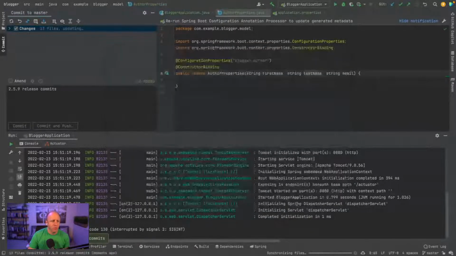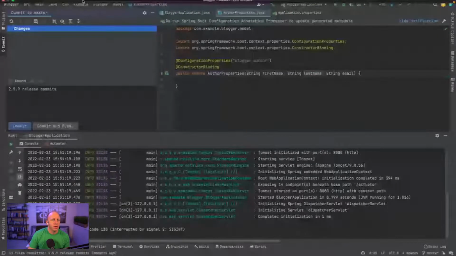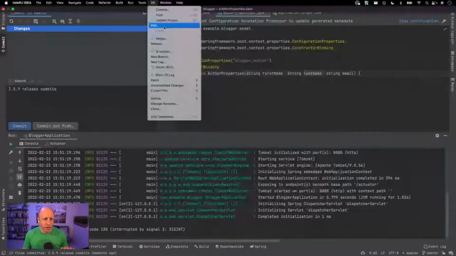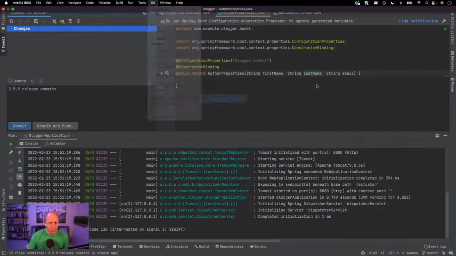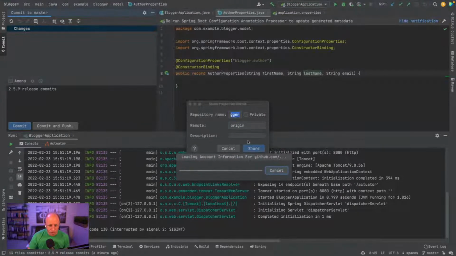Oh no, we need to. So I'm trying to do everything in IntelliJ these days. I'm used to the command line, but IntelliJ can do everything. I've been noticing that with the HTTP client, I can stay in IntelliJ. With things like the terminal, I can stay in IntelliJ. So the more I can stay in IntelliJ, the more focused I am. So I want to share this project on GitHub, and we're going to call this